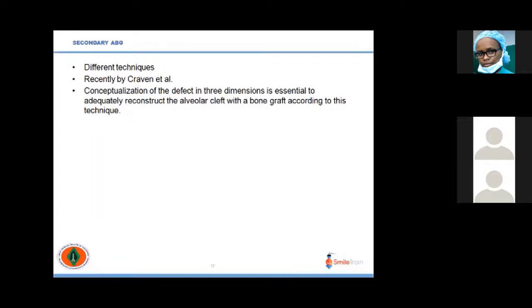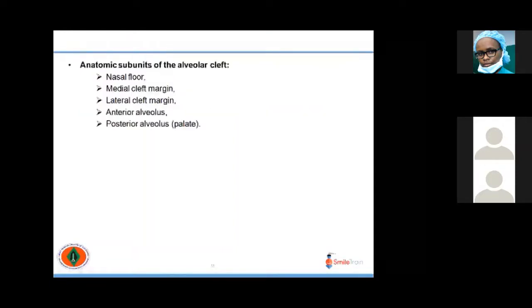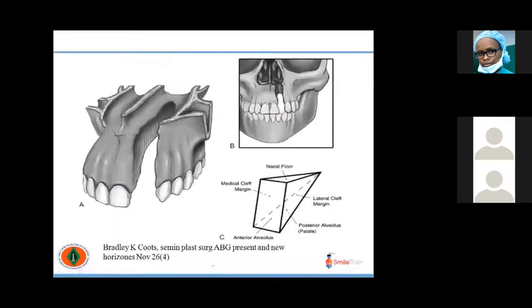The anatomical units of the alveolar cleft are the nasal floor, the medial cleft margin, the lateral cleft margin, the anterior alveolus, and the posterior alveolus, which is the palate. Just as seen in this diagram, you can see the whole alveolar cleft here. Then looking at the different walls, we have the nasal floor on top, the medial wall, the anterior wall, the posterior wall, and